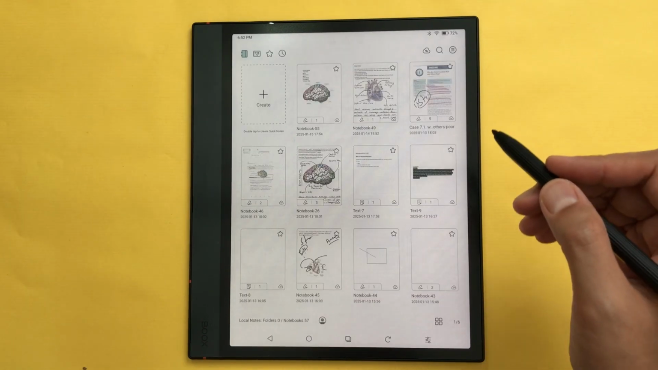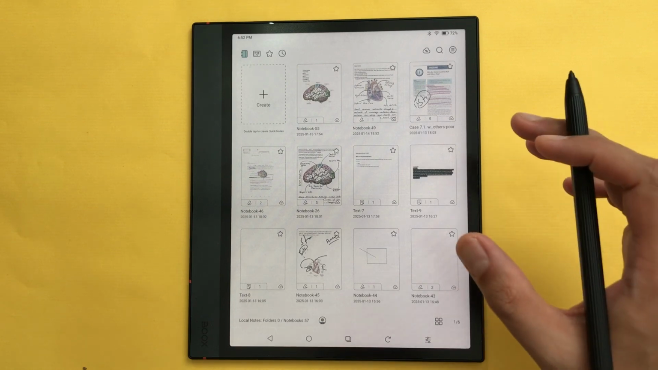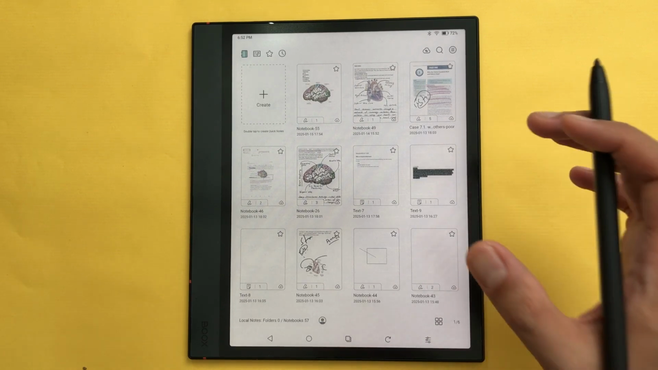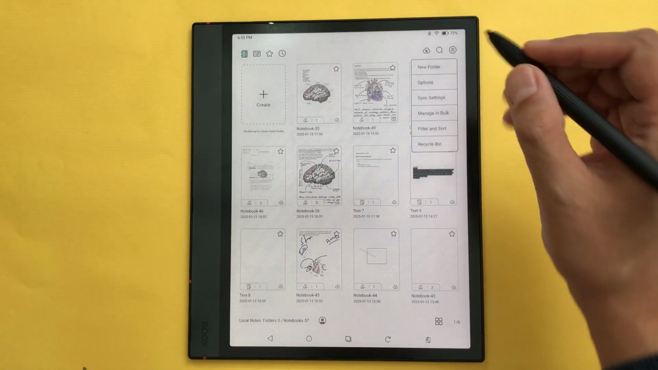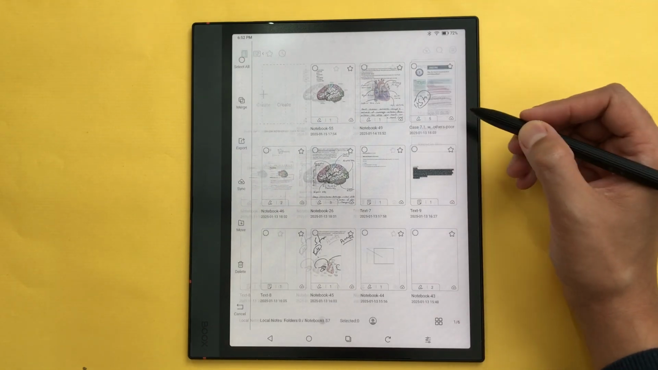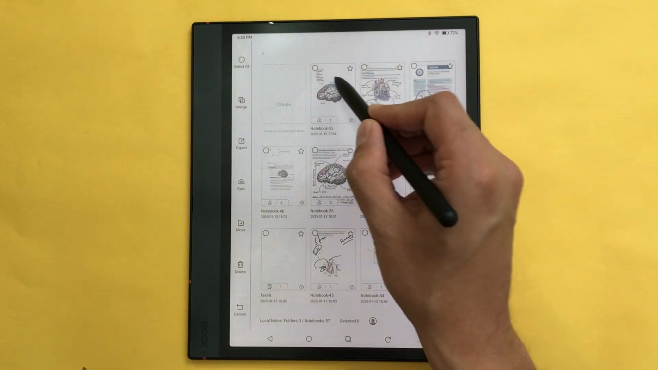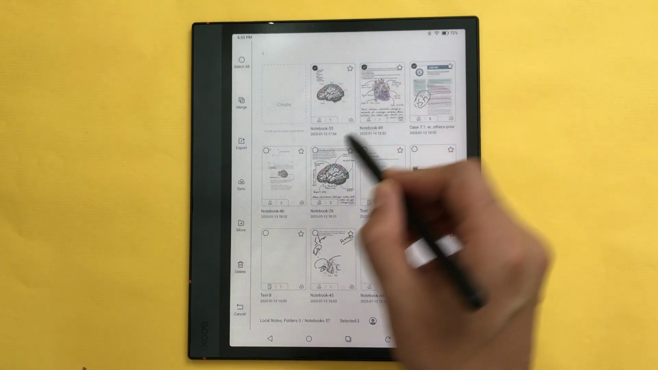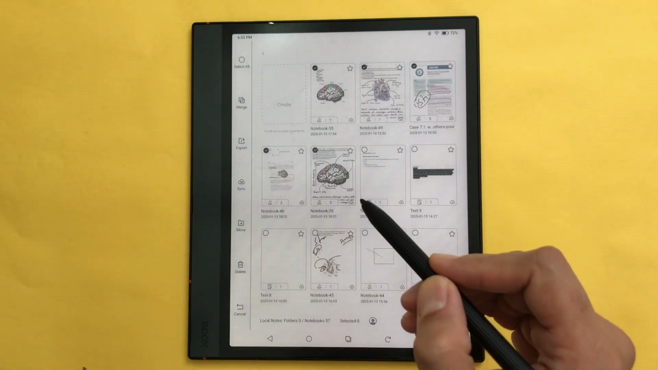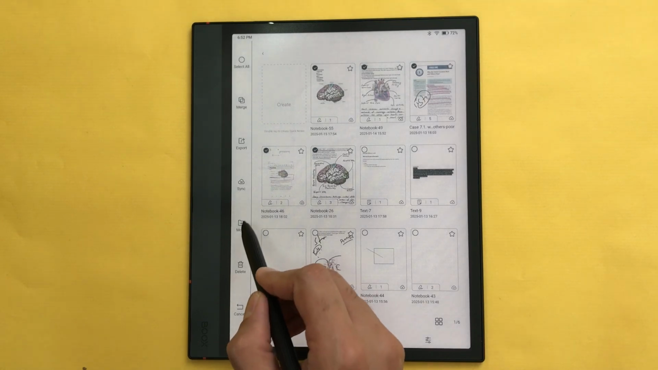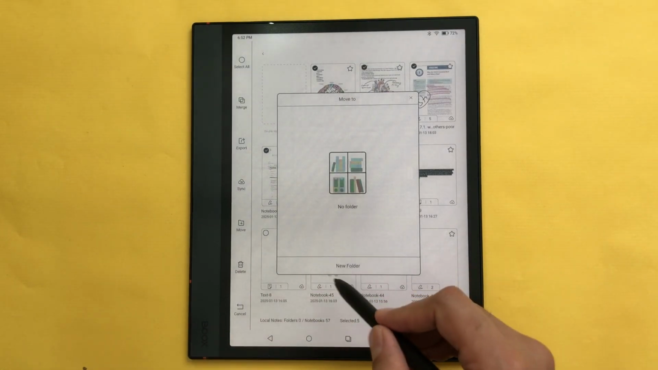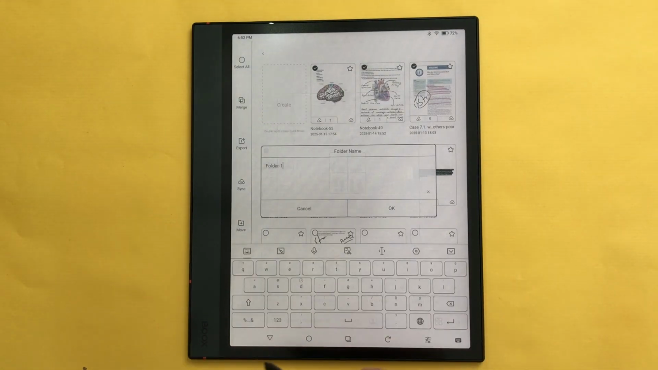The next feature is about categorization. So for example, if I want to move multiple notes to one folder, I will select these 3 lines, and then from here I will select manage in bulk. Now I will start selecting my notes. So for example, I will select these 5 different notes, and then here you can see we have this option of move. So I will select it, and then from here I will select new folder,